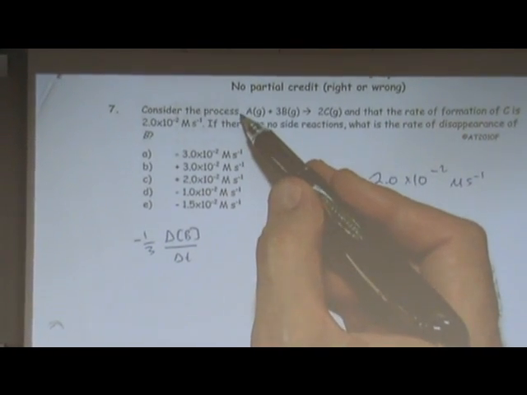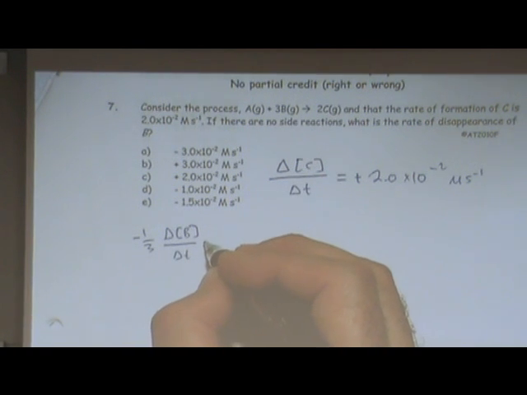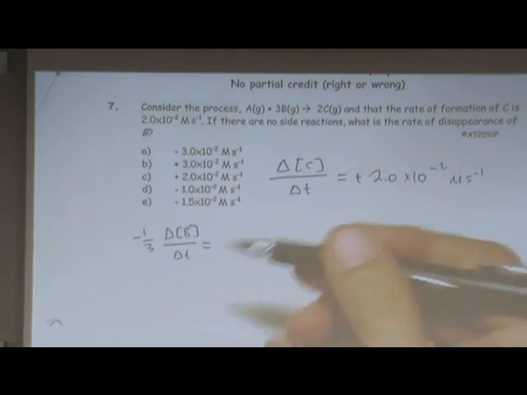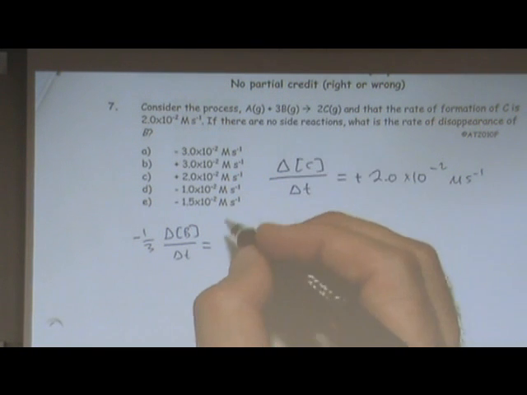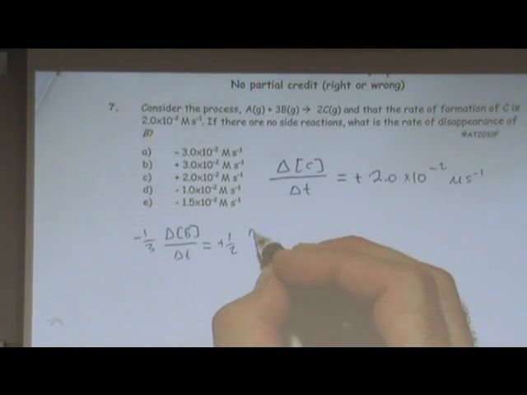We don't write the A term, because we don't care about it. That equals, reversing the coefficient, 1/2 times delta C